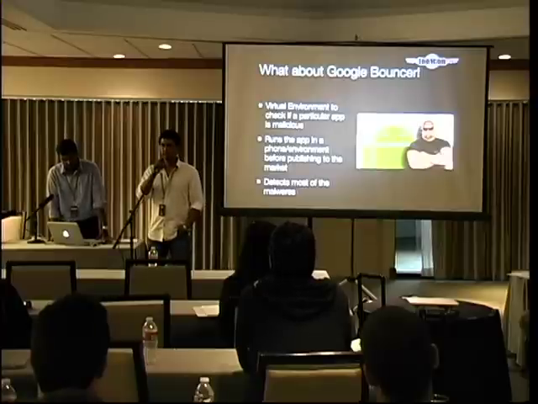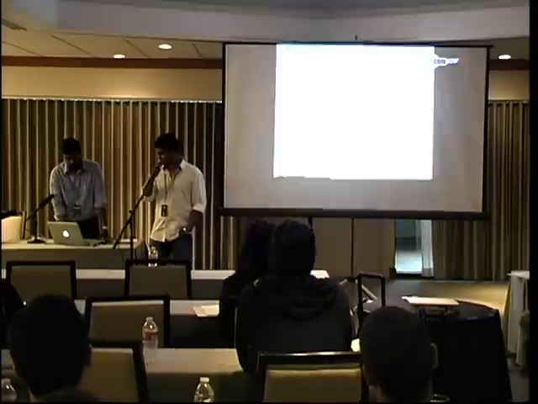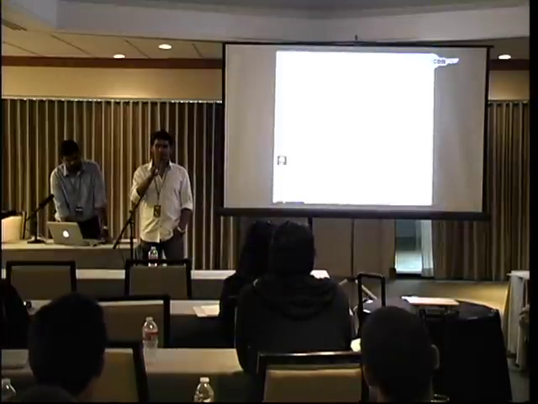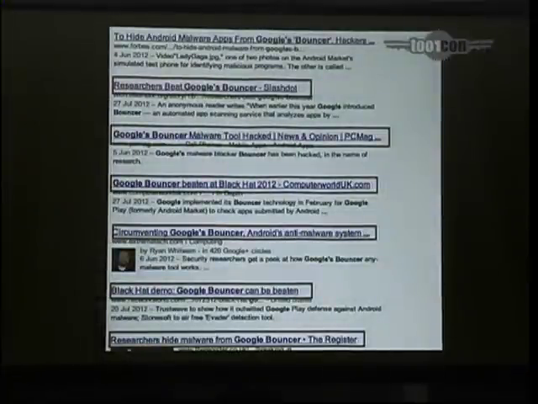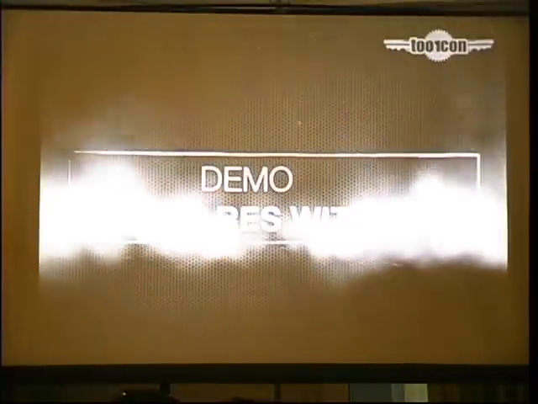So what if a malware gets detected within Google Bouncer? There's always a way, and it has already been bypassed. There was a security researcher named John Overhyde. What we are doing here is getting a reverse communication from the application. What he did is create a reverse shell whenever the application is launched. So he got a shell from Google Bouncer, and he was able to get all the information from Google Bouncer's device. Basically, he got a reverse shell from Google's server. That's great.